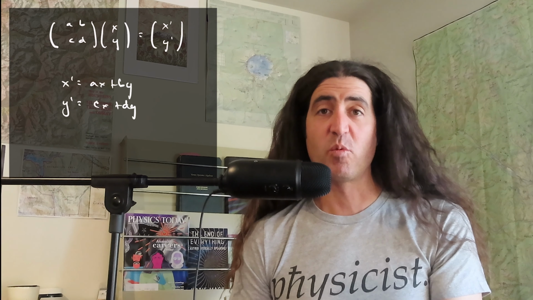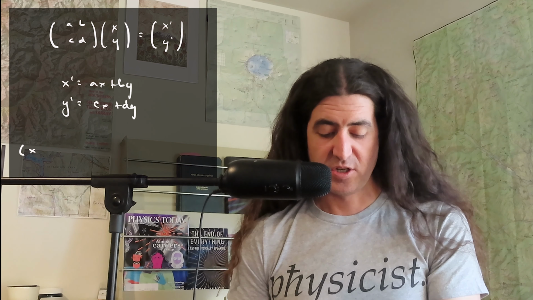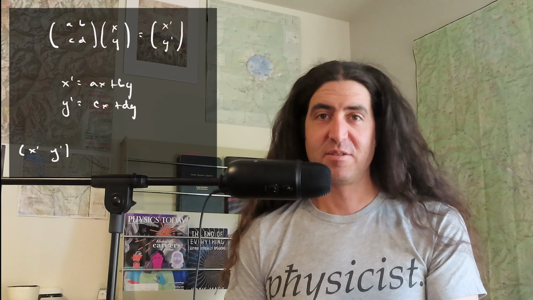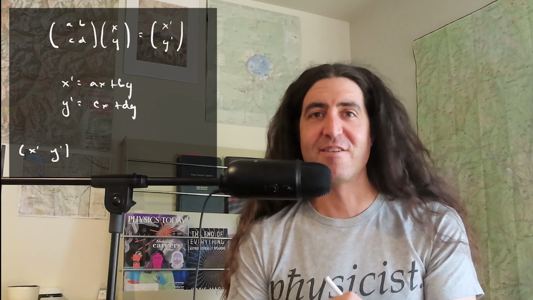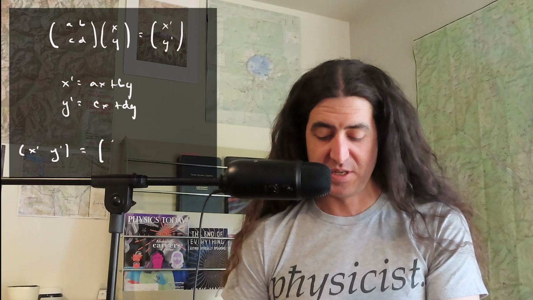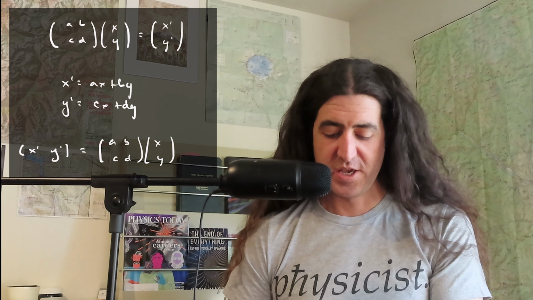So now let's ask, what is this primed vector transpose? Well, that's just (x', y') sitting on its side, right? But we also know that it's the product of a matrix times a vector. So we know that that is actually equal to [A, B; C, D] times (x, y), the whole thing